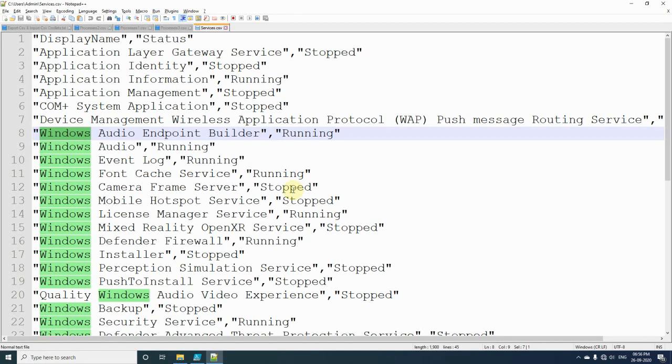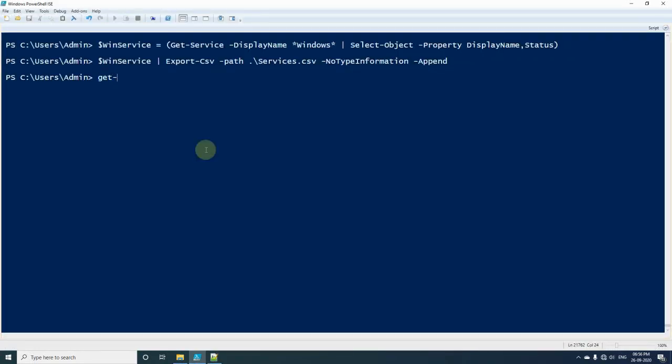And now we will see, if we use format commandlets, how the data is displayed when it is exported to a CSV file. So first of all we will be using select object, and after that we will be using the format table commandlet. I will use one commandlet called get date.